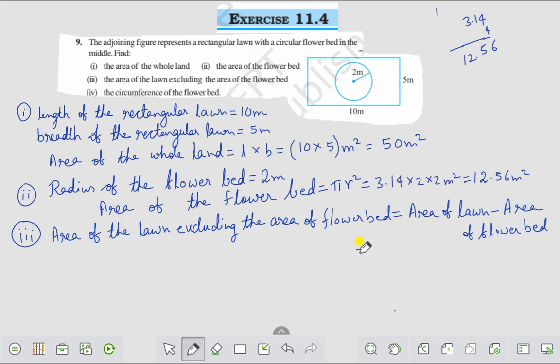Now the area of lawn is 50 meter square and area of flower bed is 12.56